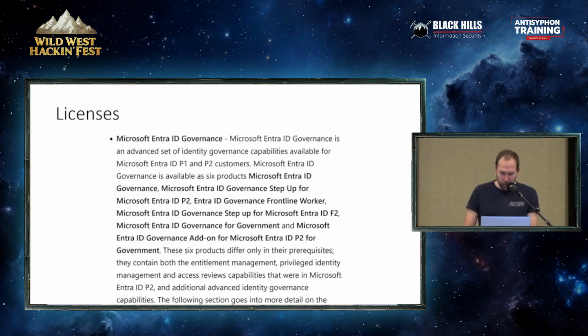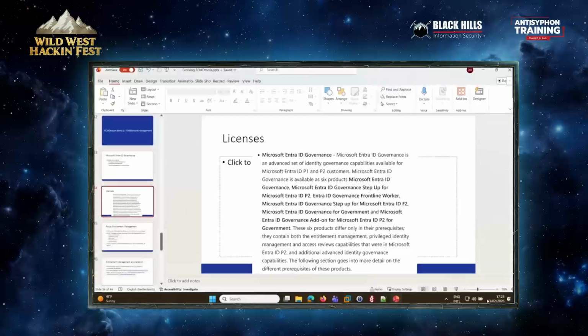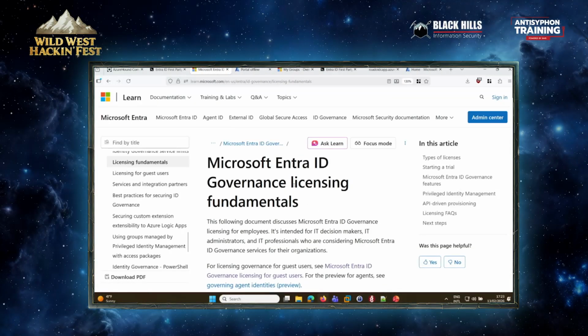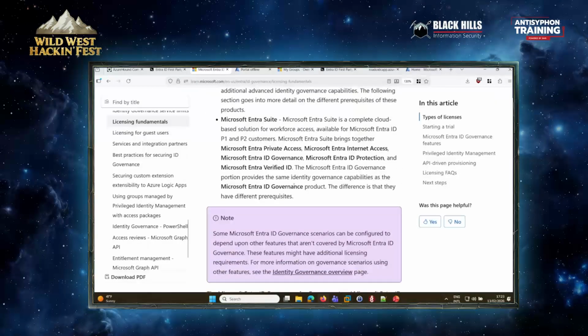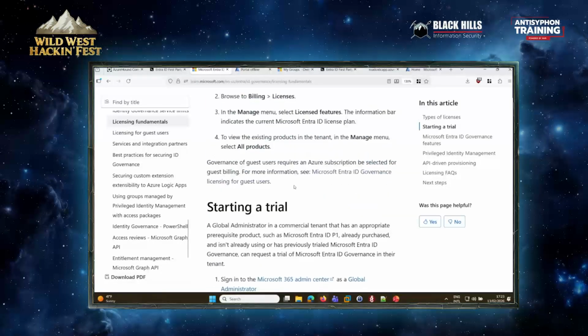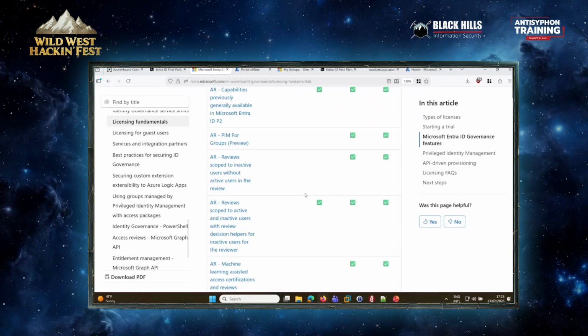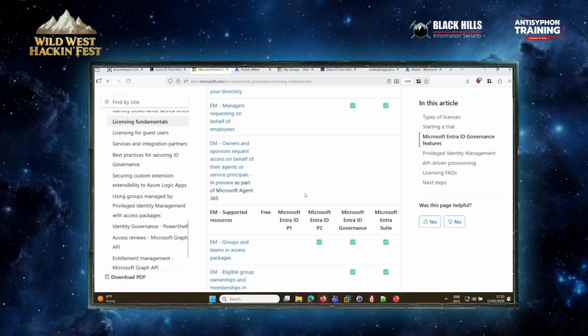License-wise, this is a little complicated. So this is the base license. I think I had the documentation open on this. Yes, so this is the license page. Let me scroll down here. Not everything here is included in even E5, so you will need a governance license for some of these things.